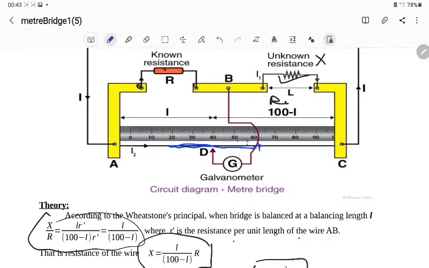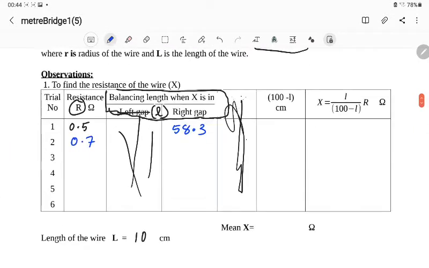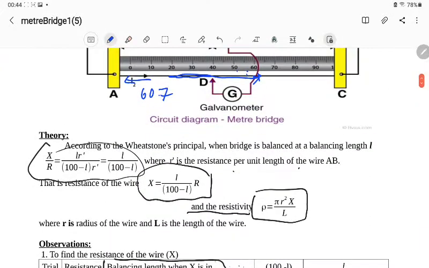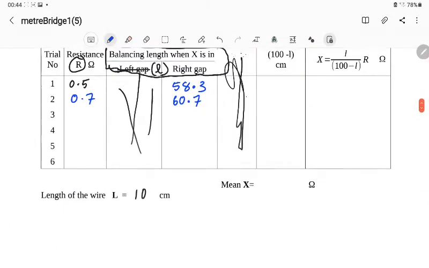Okay, let's say here we got the balance point at 60.7 centimeter. So note down here 60.7. Like this you will do again and again. Okay, so I will just give you the reading. First, third is 1 ohm, and for 1 ohm, 60.9